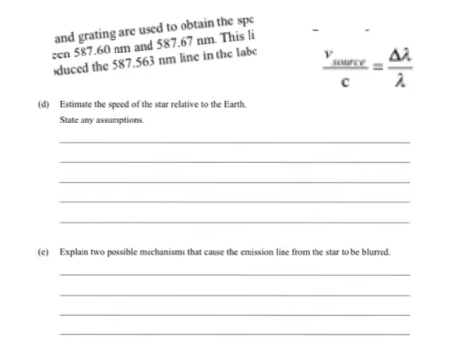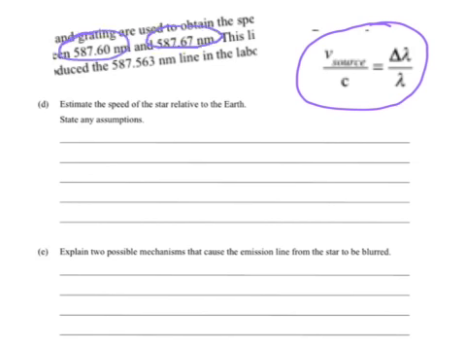Question D then asks us to estimate the speed of the star relative to the Earth, and we need to state any assumptions. So I've copied and pasted all the important information. We've got the equation that we worked out before, and we've got the three measurements here for the different wavelengths. This one was the wavelength here, the normal source wavelength in the lab. So it's from the lab where they worked out that those are the wavelengths of light emitted in that particular